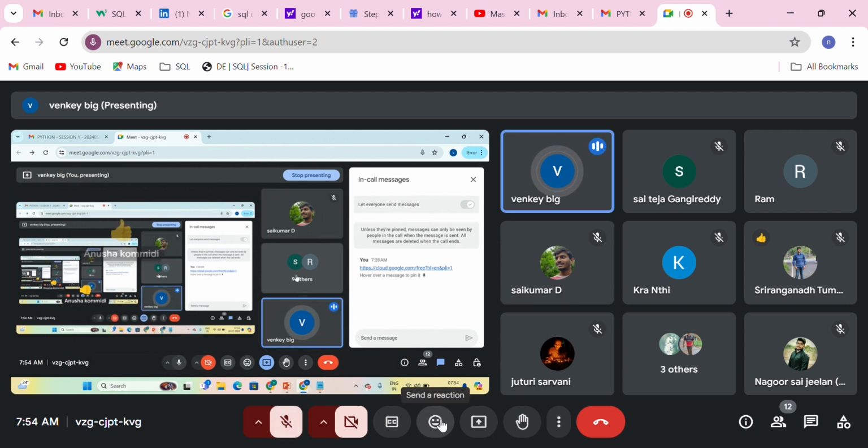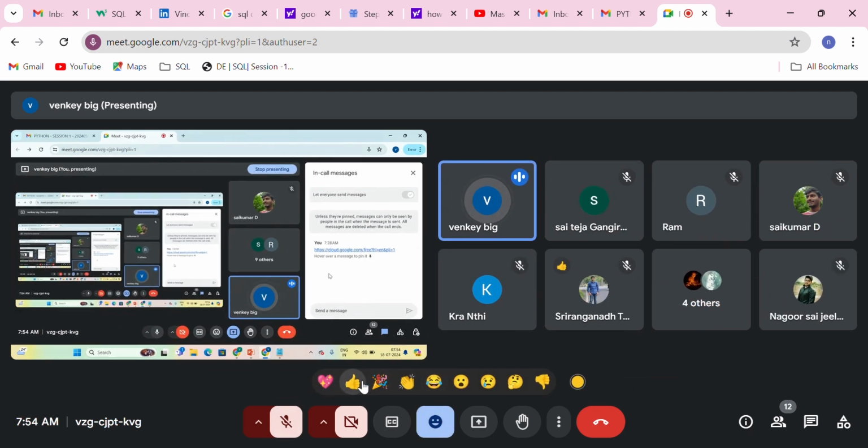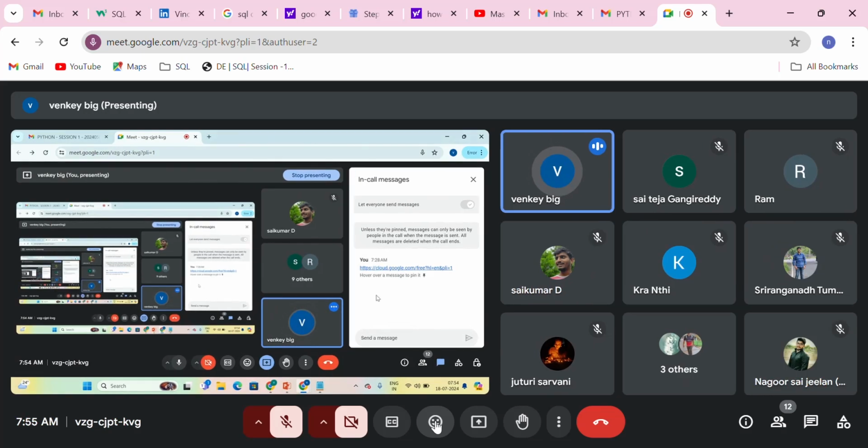From tomorrow we will start our Google Cloud introduction: how Google Cloud works, the underlying infrastructure, and the architecture of Google Cloud platform. We will also see one of the services called Vertex AI notebooks: how to create the Vertex AI notebook and how to utilize it along with Google Cloud Storage. I'll combine these two and explain things. These two services we'll cover tomorrow.